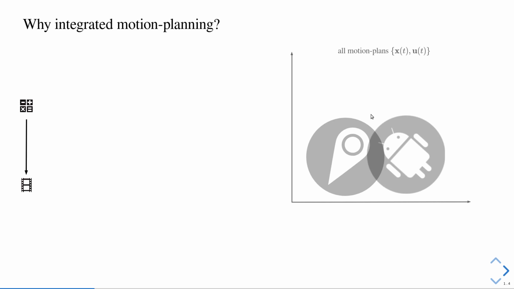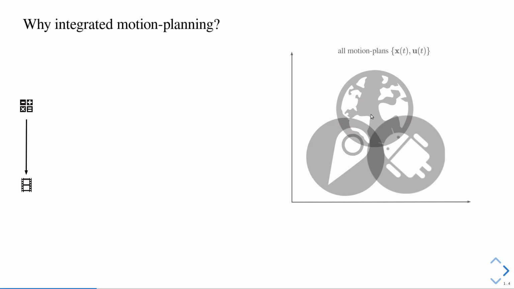Furthermore, we have a model of our robot. We said we have a kinematic and dynamic model of the robot. We have joint limits, we have actuator limits, and this furthermore restricts the space of all feasible motion plans. And finally, we're operating in a specific environment. We might have stairs, we have gaps, we have specific places where we can place our feet. And also this restricts the space of feasible motion plans further